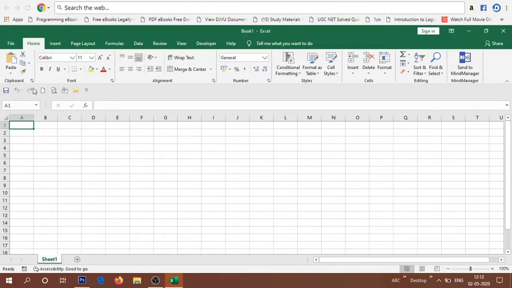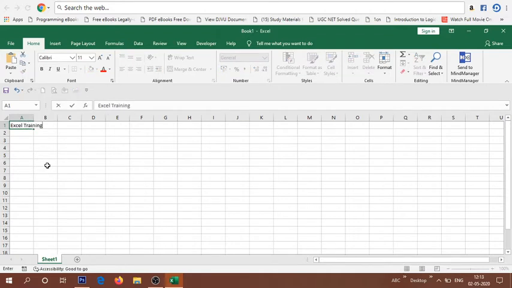Yes. So here we can see the font ribbon. In the font ribbon we can see all the options that are helpful to type your content in your Excel sheet. Okay, suppose I want to type here, Excel training.